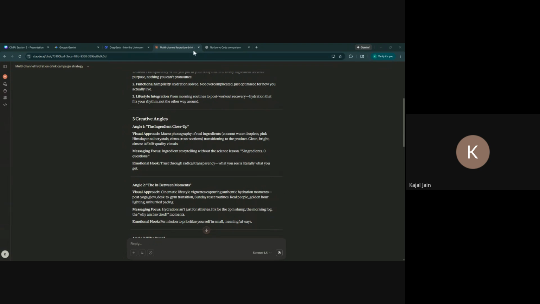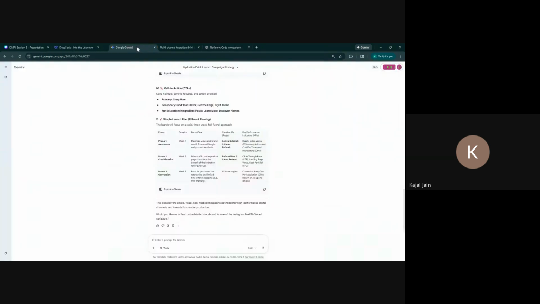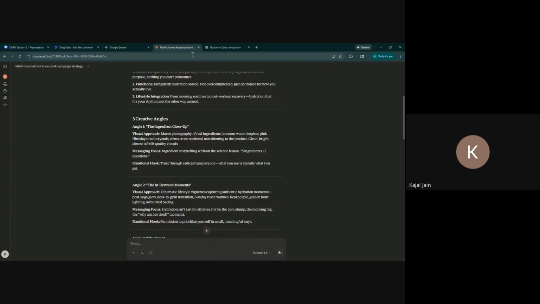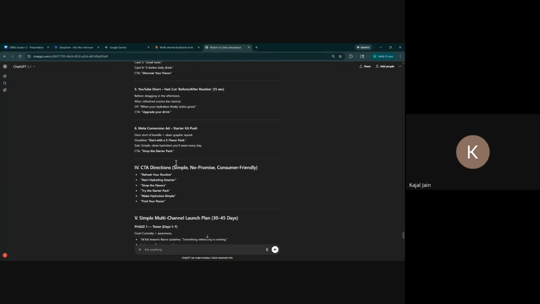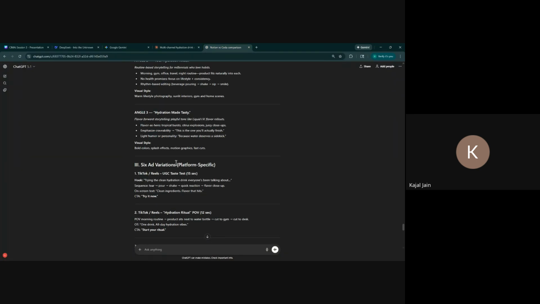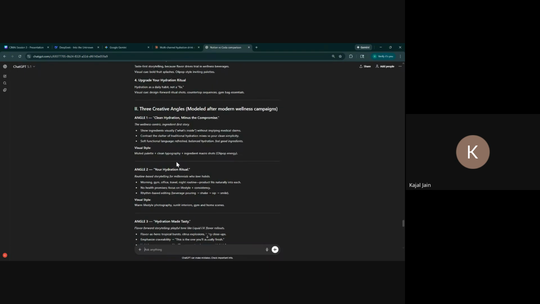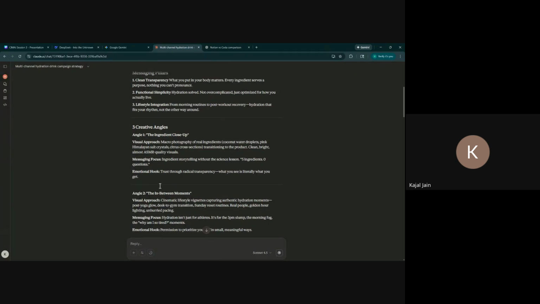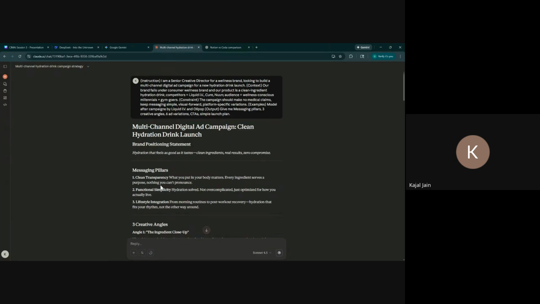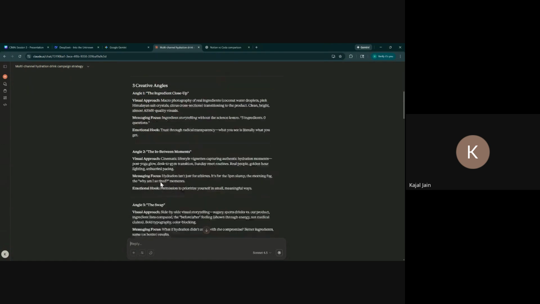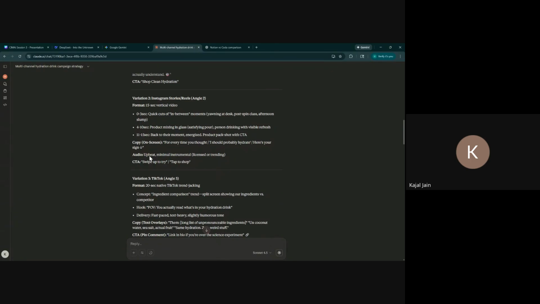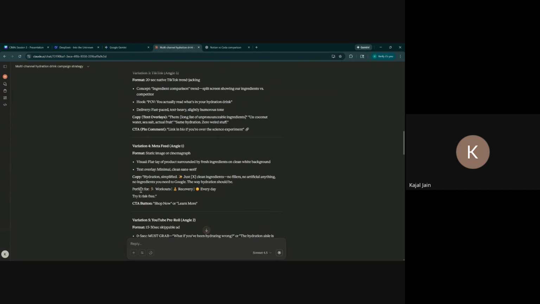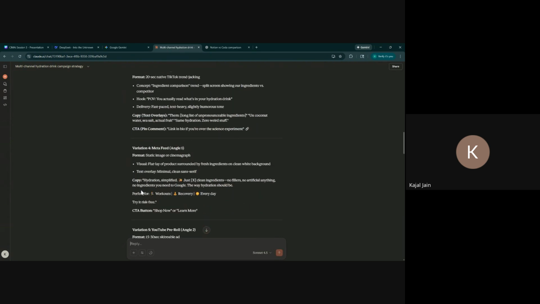so as I'm comparing these, Gemini, Claude and ChatGPT, I feel like ChatGPT is a little bit more imaginative, persuasive. And if I were to go over to Claude, okay, very cool.